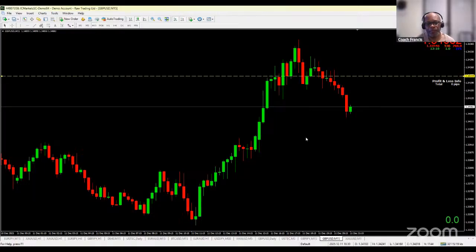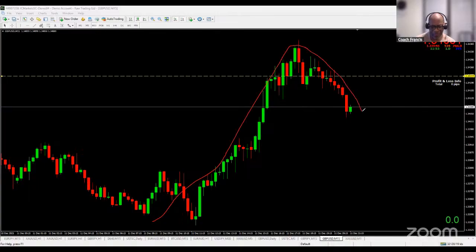What we are doing here is to analyze the market to see if the price is going up or if it's going down. And to be honest with you, you can see here the price was basically just going up, right from the bottom here, going up, going up, and then it turned going down. So this is what you will need to learn, how to tell when the price is going to start going up. And if the price is going up, you buy. And if it does go up, you make money. If it is coming down, you sell. And if it does go down, you make money.